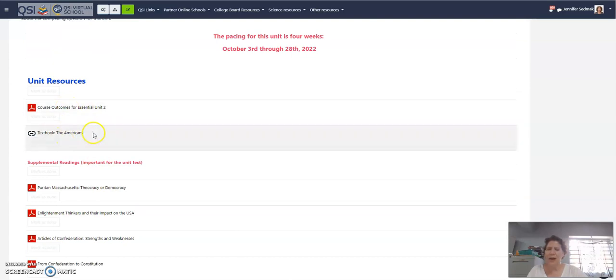Here's the textbook. It's a little complicated since we are following a thematic approach, and this is our first major theme that we are going to look at. Textbooks follow a chronological approach. So what you're going to see from time to time is we're jumping from the beginning to the end of the textbook. I will give you page numbers so that you understand what sections of the textbook are relevant from TSW to TSW, but I want to warn you ahead of time that that's a little bit of a complication,